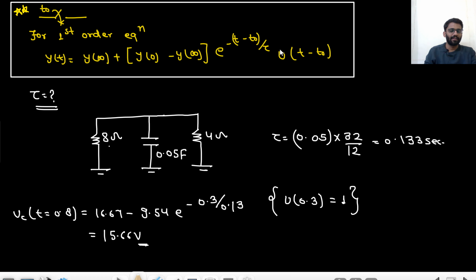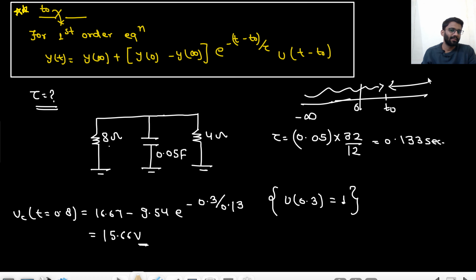E to the power minus (t minus t naught), that particular time has already passed, right? This t naught time, that window, like you are starting from here, from minus infinity to, this is 0, this is t naught. So this much time has already passed. Now you are starting from here. Now if they are asking what is the capacitor voltage at t1 plus t naught, so what should be the value at e to the power? It should be minus t1 only, because t naught has already passed. So now you are going from t naught to t1 plus t naught. So this window is only t1 time. Are you getting my point? So for t1 time only you will see the behavior of the circuit. Okay.